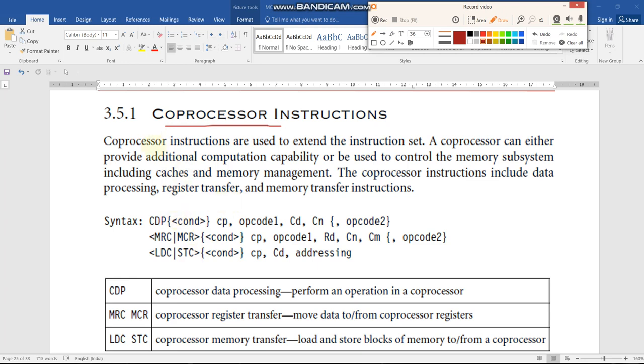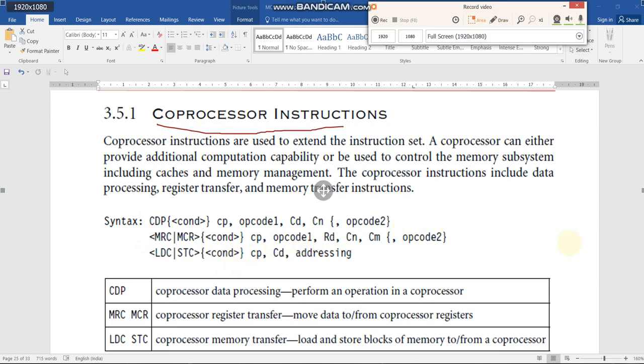When the ARM processor takes the help of a coprocessor, that is, when it is connected with coprocessors, we use any one of these instructions. So these instructions are called coprocessor instructions.